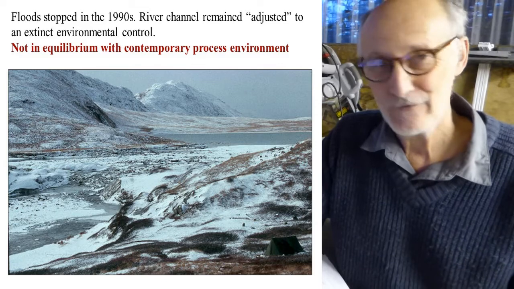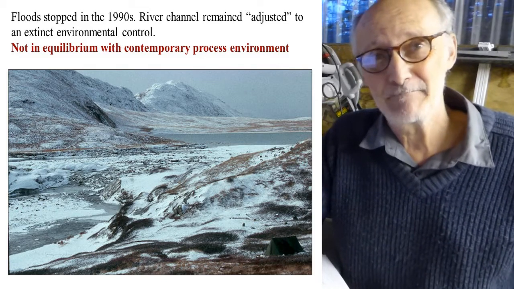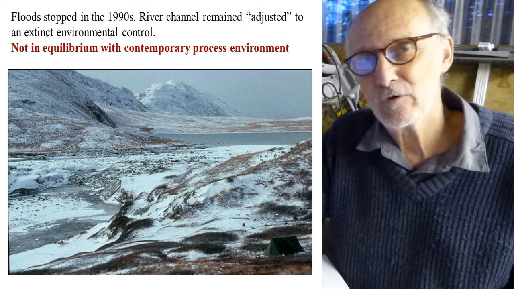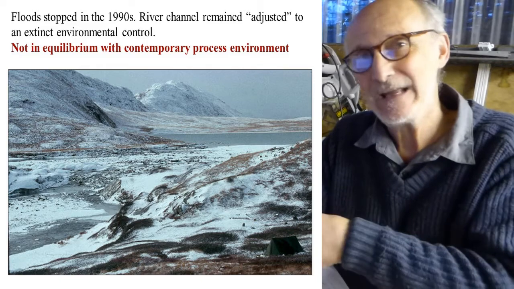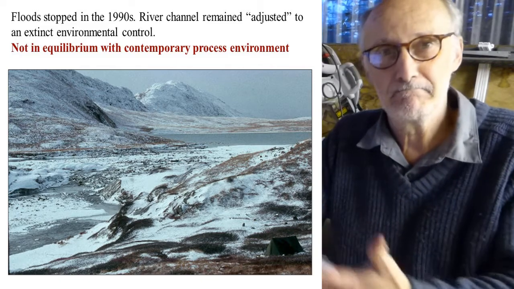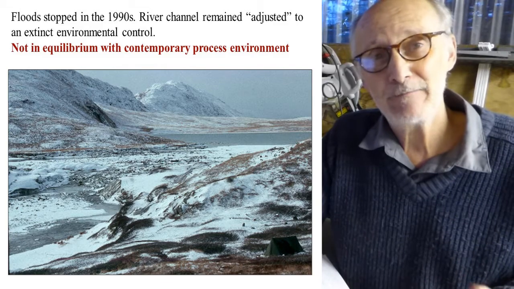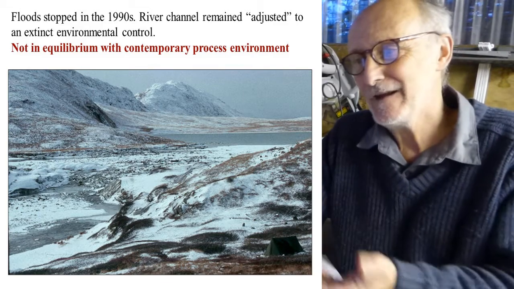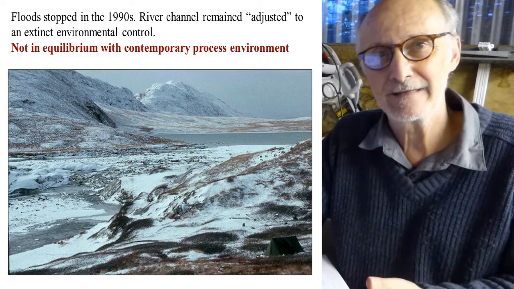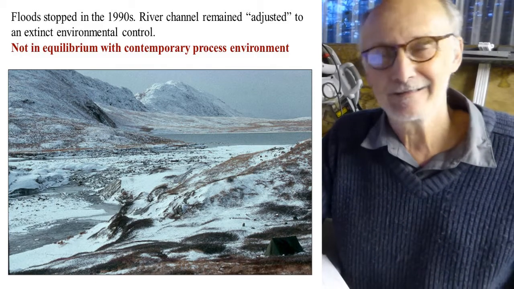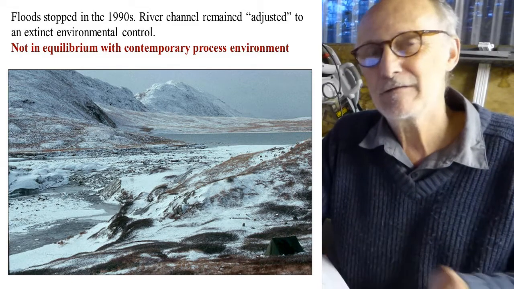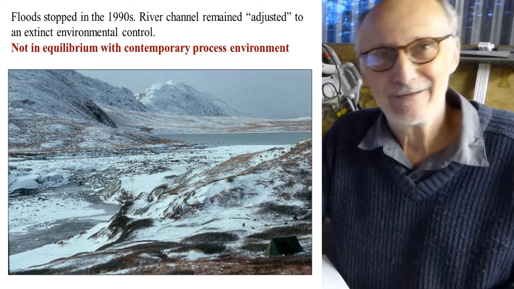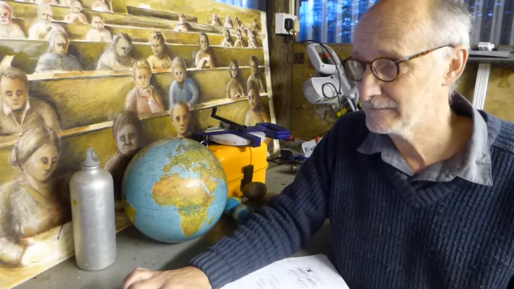But the river channel retained that large format, that big scale of channel, despite the fact there were only small amounts of water flowing through it, because it was out of equilibrium with the current environment, but in equilibrium with those occasional massive floods. And it's another example of that kind of threshold response, where it's hard for the river to recover from such a big event if all it has afterwards are little events that aren't even touching the sides. The river in non-flood years doesn't even touch the edges of the flood channel, so it doesn't really modify it very much, and it doesn't really recover very much from what happened.